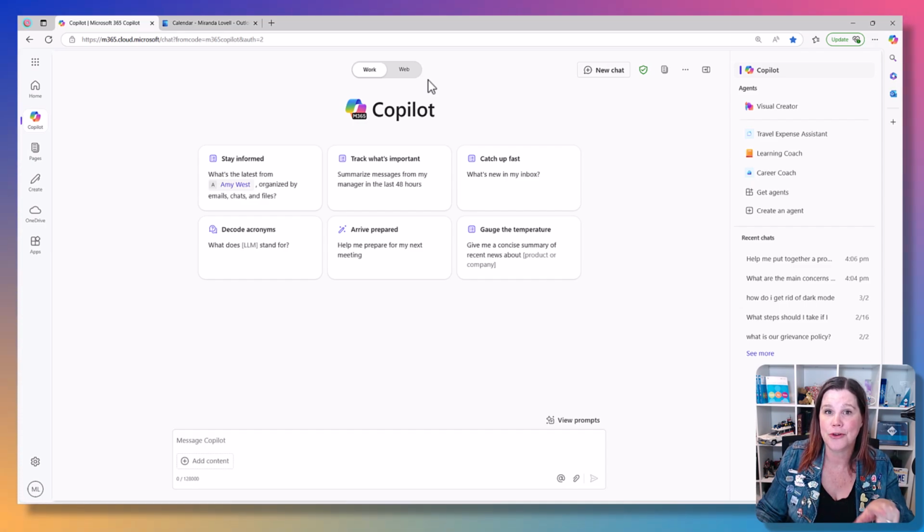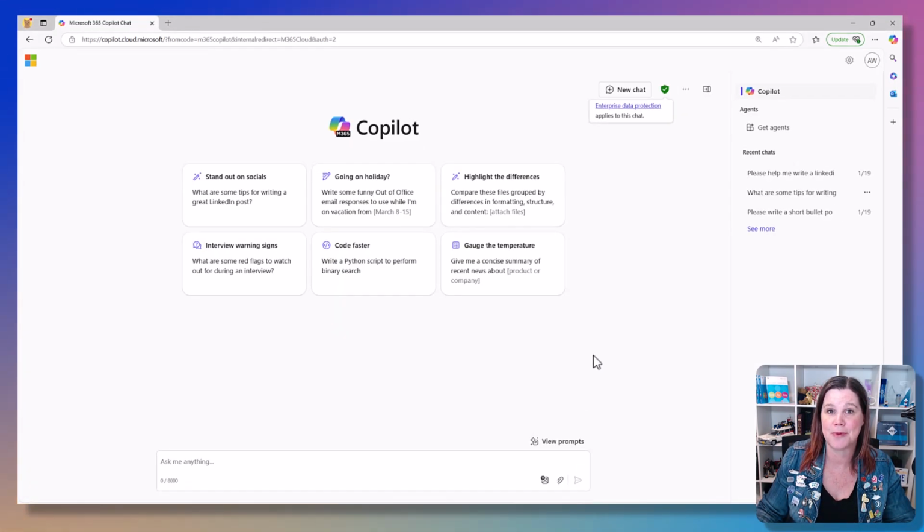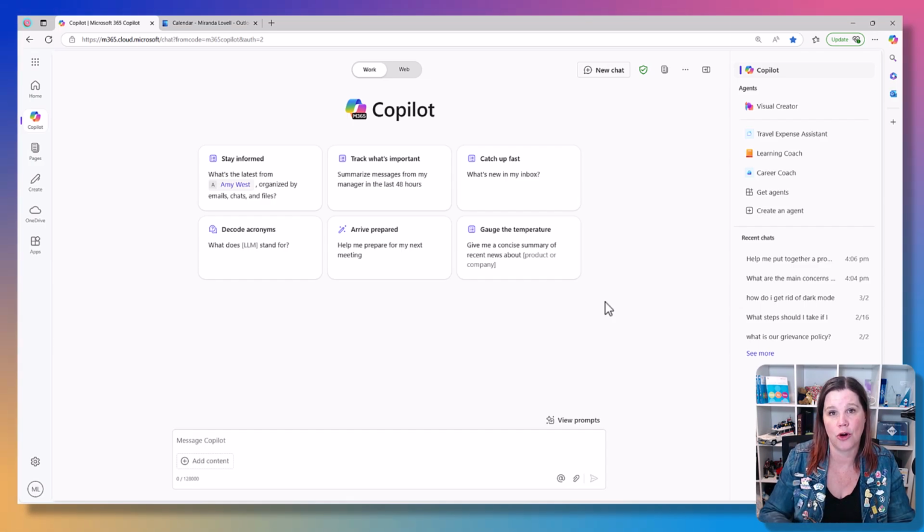A lot of people haven't realized what they can do with these things, so I'm going to take you through it. If you can't see those options, if your experience looks more like this, that's because you don't have that paid license. This is what happens if you have the free license. You've got secure enterprise chat, but you don't have those toggles between work and web. You will only find those there if you've got that paid $30 per user per month Microsoft 365 Copilot